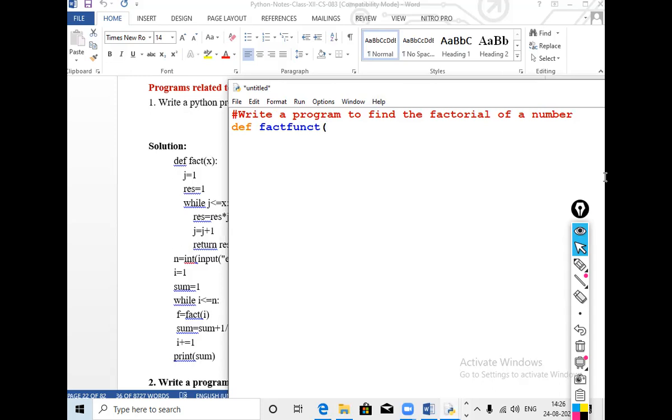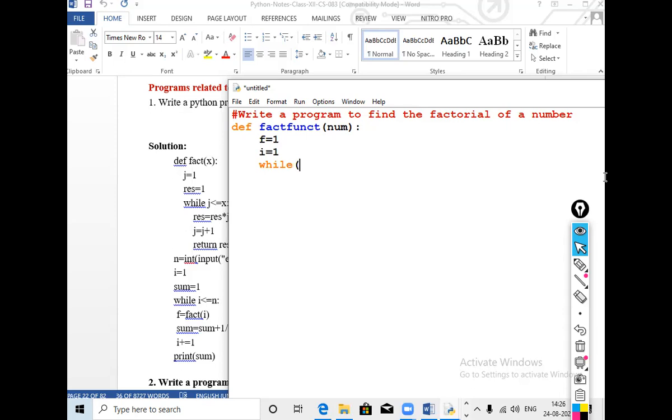We pass one parameter, num, and colon. Now we take a variable f equals to 1, and for the loop, i equals to 1.